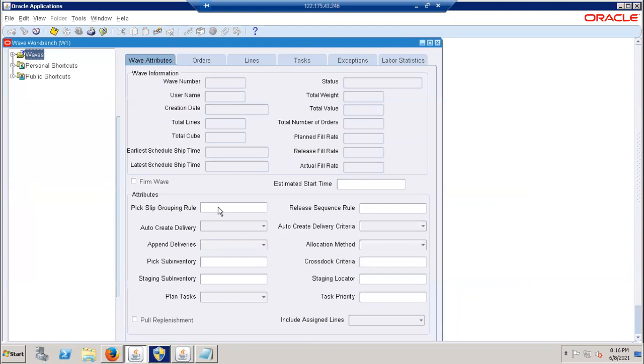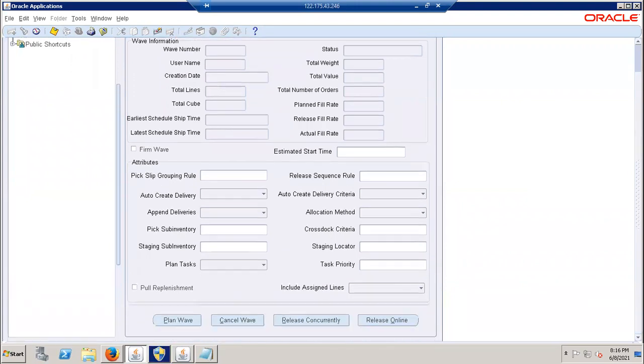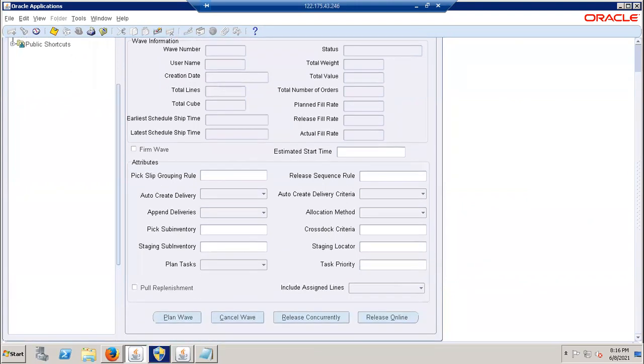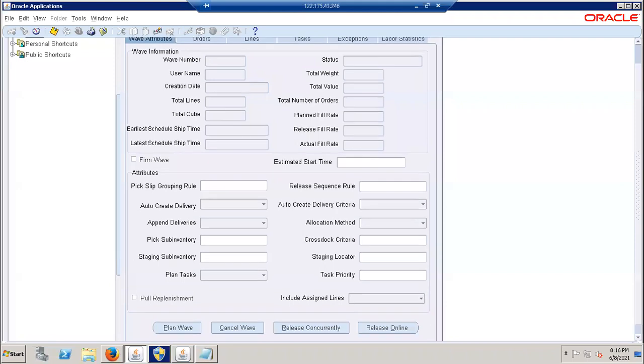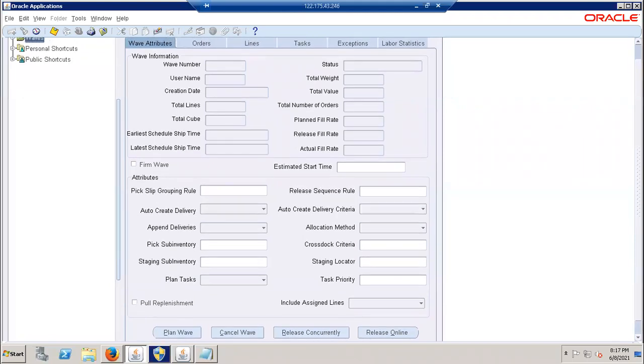Just scroll a little down more. Just scroll a little down. Yeah, correct, because the screen size is very big. See, this is the point I am trying to mention. If you go a little up, so there are planning methods. Yeah, you can plan a wave. The next thing is you can plan a wave. If you want to plan it, you can plan a wave. Just click on plan wave. In the bottom, right? You have found, correct? Just click on plan wave.